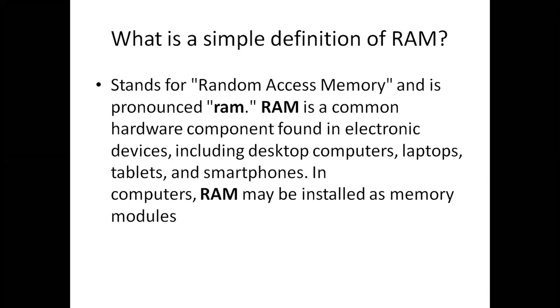Because it accesses the information of the memory in a random way. It can choose A, it can choose B, it can choose Z, it can choose X or Y. Whatever instruction we give, it will take. For example, if you want to play a song, you just click on a file and it gets randomly accessed. If you want to write on the notepad, you can just go and write. It will give access and you can write. So this is nothing but the random access memory.